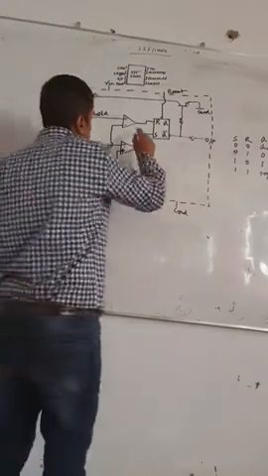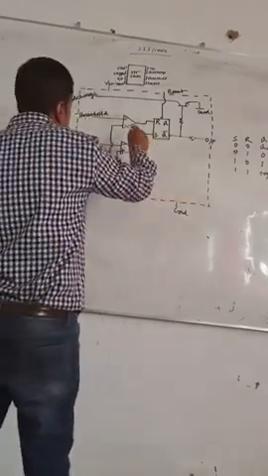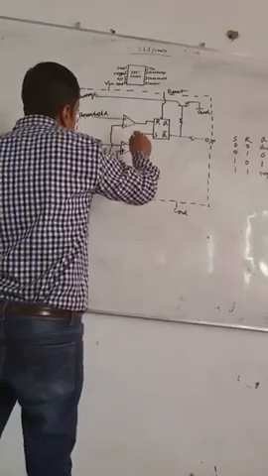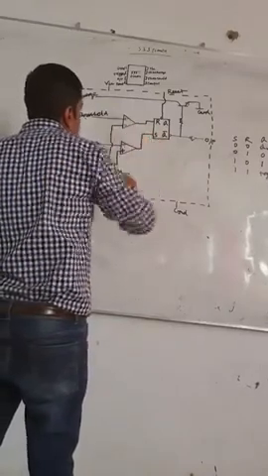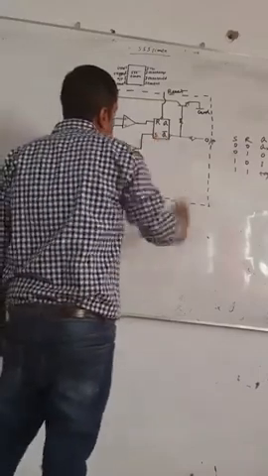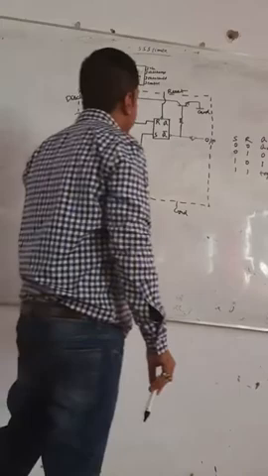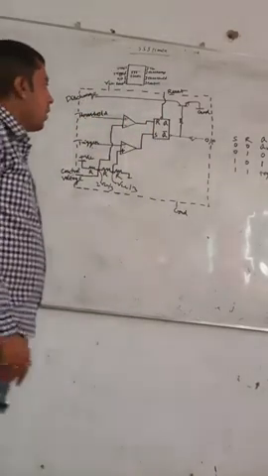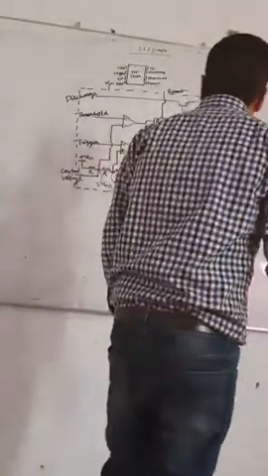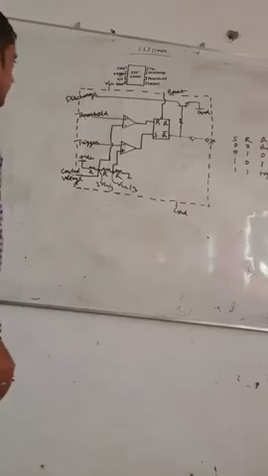Now the outputs of both the op-amps are connected with a bistable flip-flop, an RS flip-flop. Here the concept of digital electronics is important. You need to know the truth table of the SR flip-flop in order to know the working principle of the 555 timer. Now let's see how the timer is working.